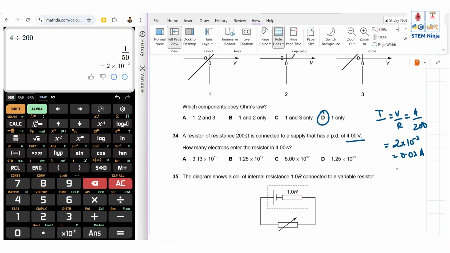Now we need how many electrons. We know I is Q over T. So in 1 second, we have 0.02 coulombs of charge flowing, right? So in 4 seconds, you will have 0.02 times 4, which is 0.08